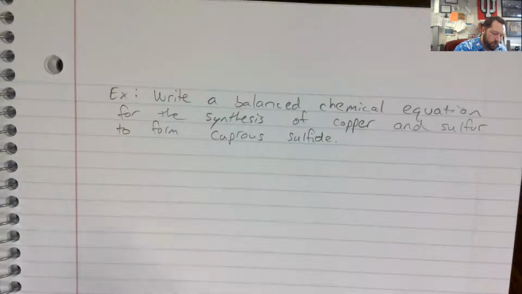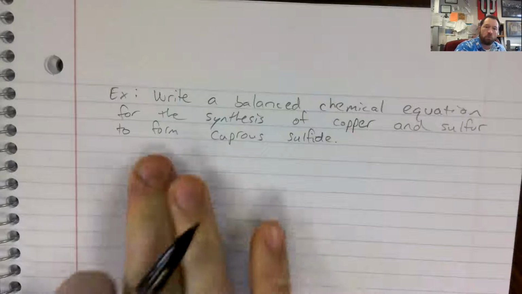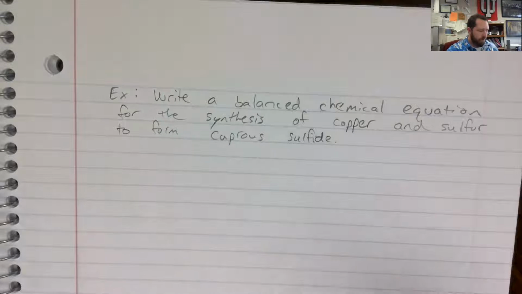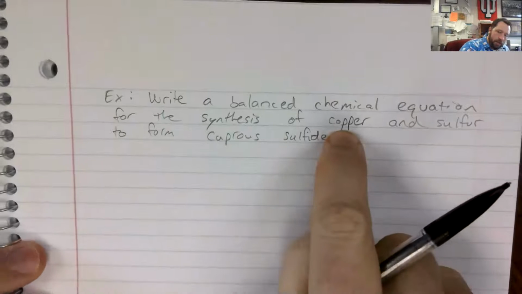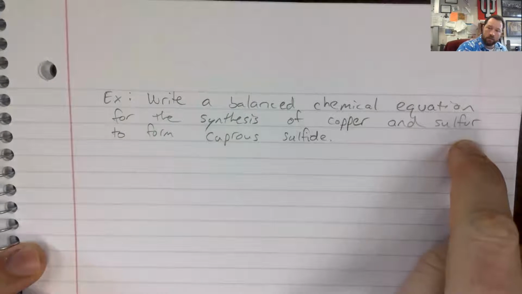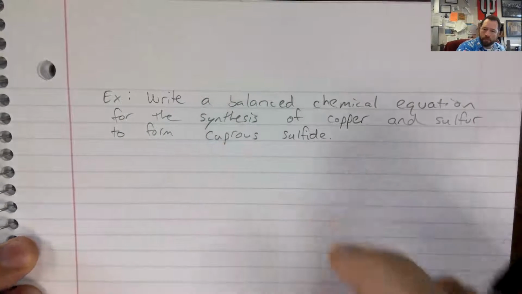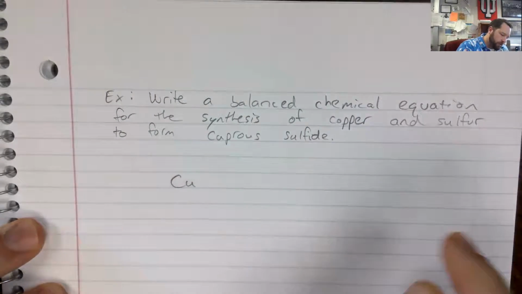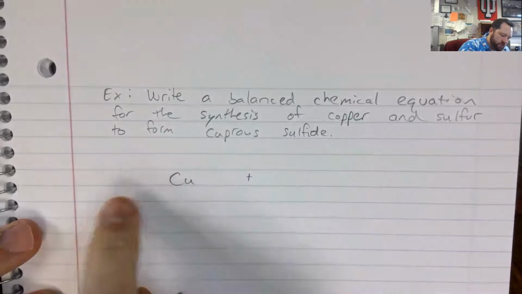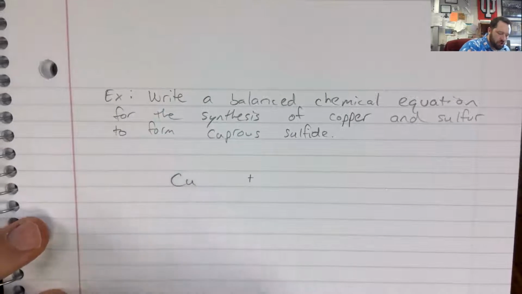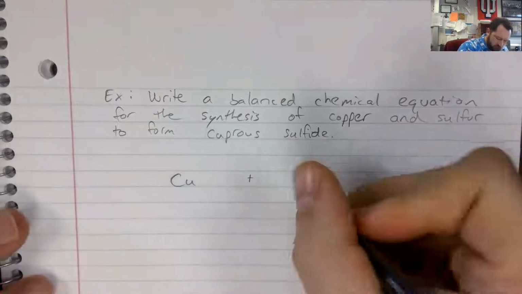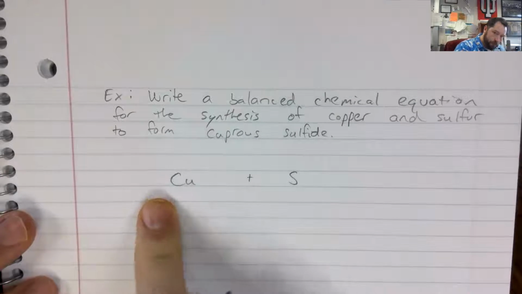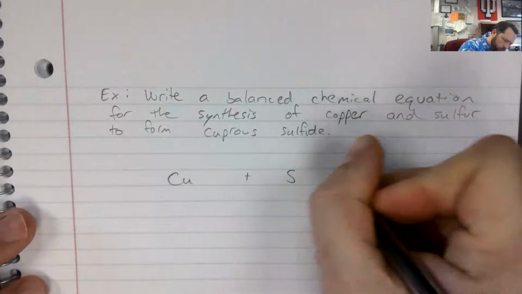Write a balanced chemical equation for the synthesis of copper and sulfur to form cuprous sulfide. All right, so here's our A, copper, plus our B, sulfur, to form AB, cuprous sulfide. Copper, I'm going to leave plenty of room. Remember, I've got to put states of matter, potentially some subscripts, and a coefficient, so plenty of room. Copper plus sulfur in plenty of room